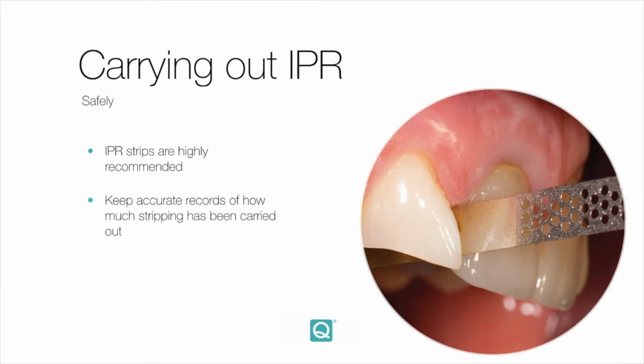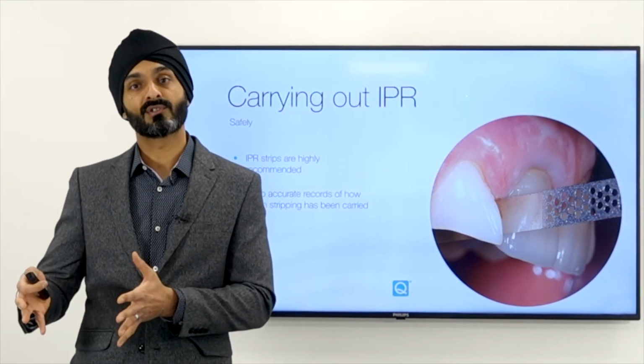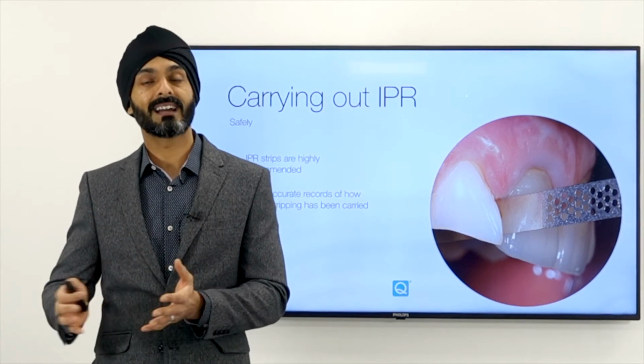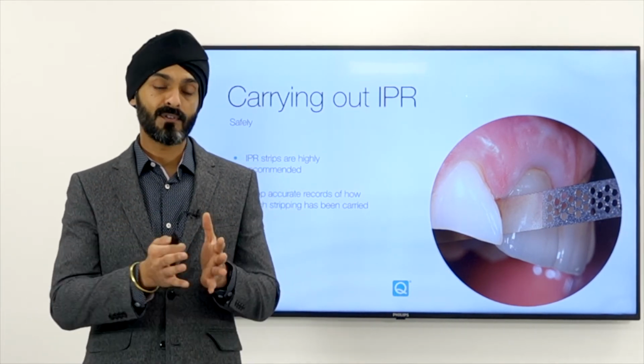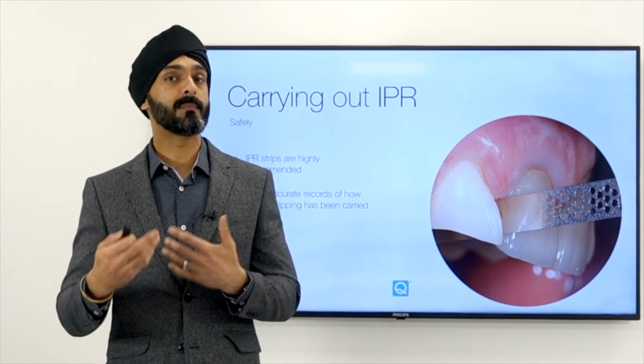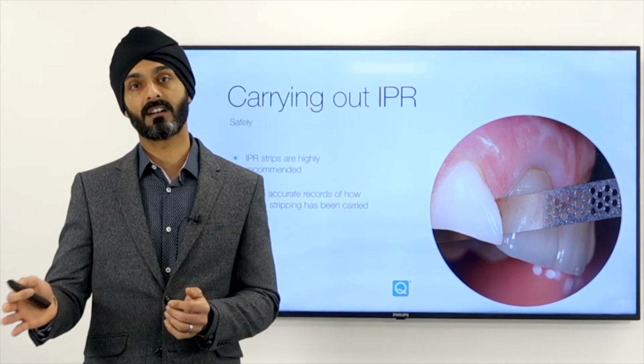This helps you keep accurate records, and it's important to keep accurate records of your IPR, because as the treatment progresses and you do IPR at multiple stages in the treatment, you may inadvertently be doing extra IPR on individual teeth as you're trying to relieve crowding in one specific area. So if you've got accurate records, you'll be able to keep up to date on how much IPR you've done and ensure that you don't over IPR any tooth